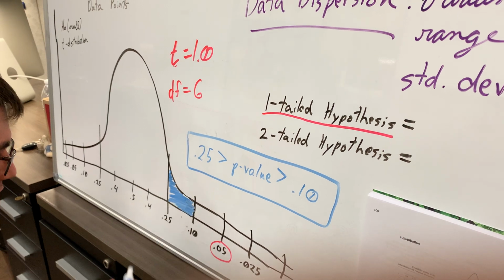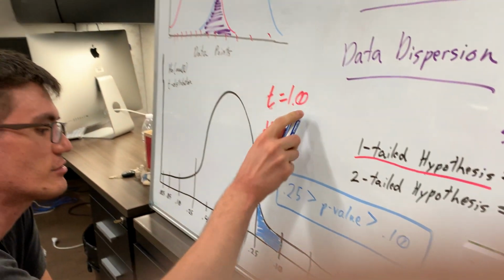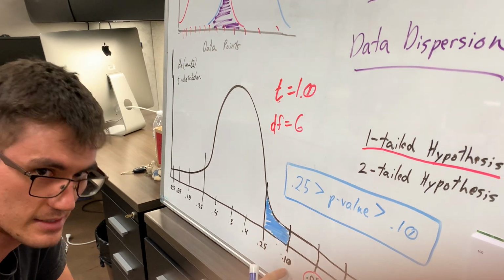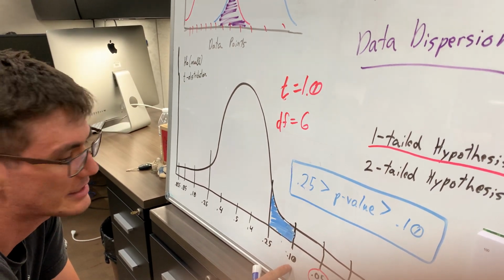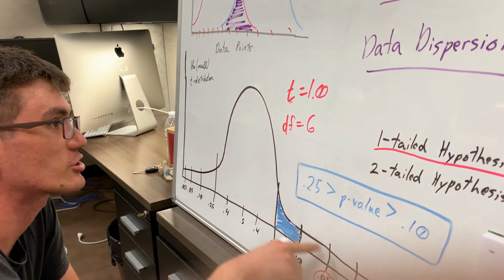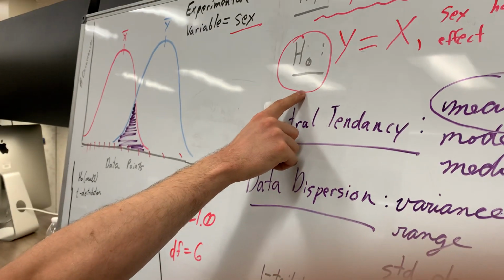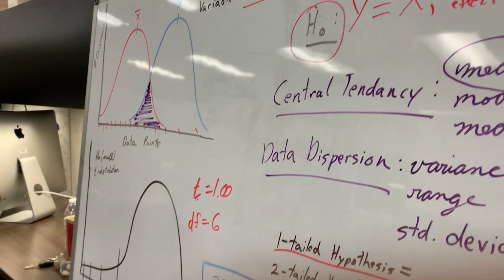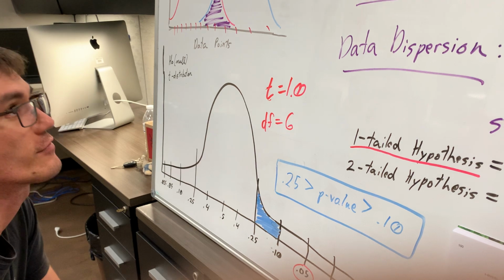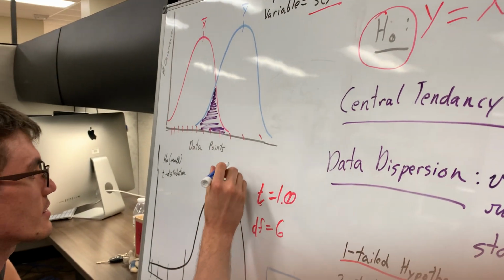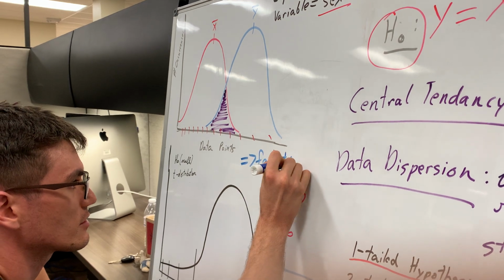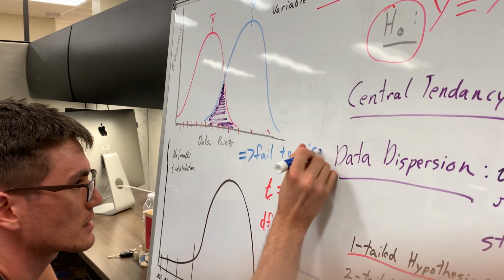And because a t-value occurring anywhere from 25% of the time to 10% of the time is thought by the scientific community to not be very unlikely. So again, this distribution assumes that H null is true, and because this is not a very unlikely occurrence, 25% of the time to 10% of the time, our conclusion is we fail to reject